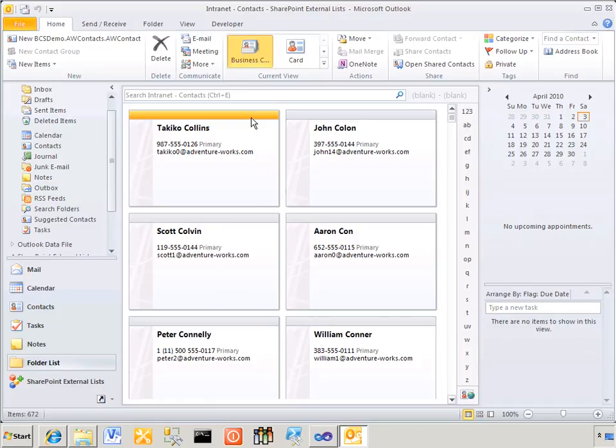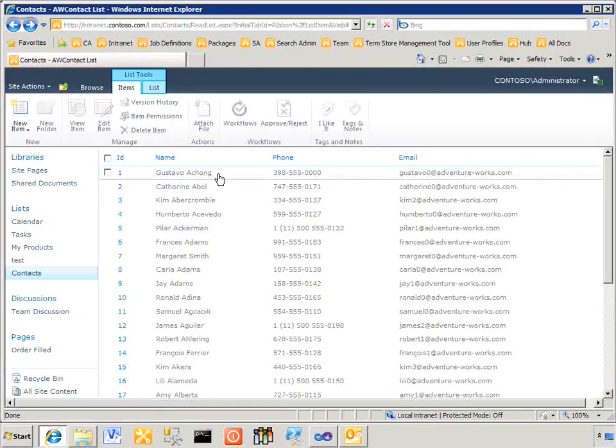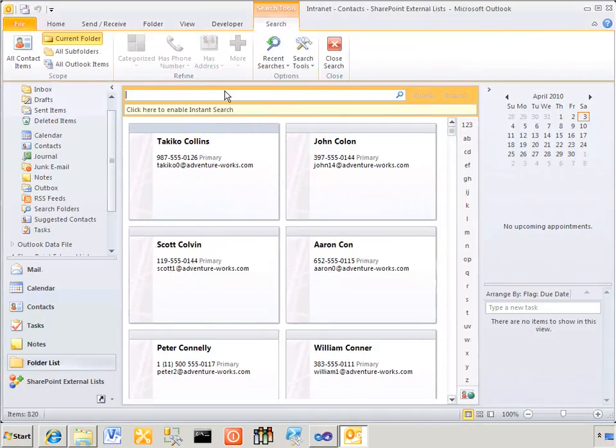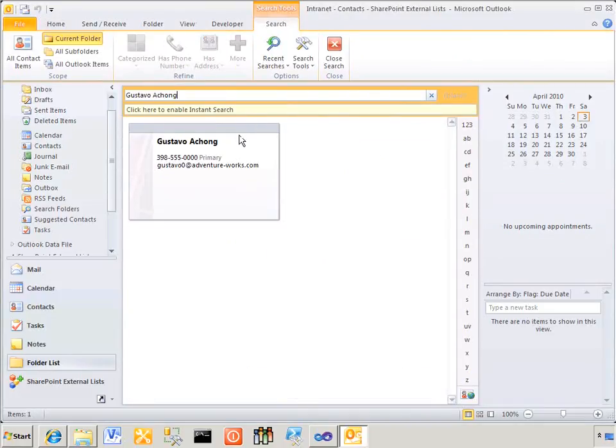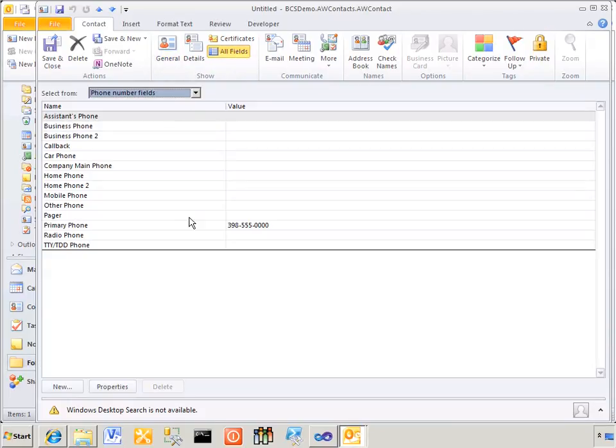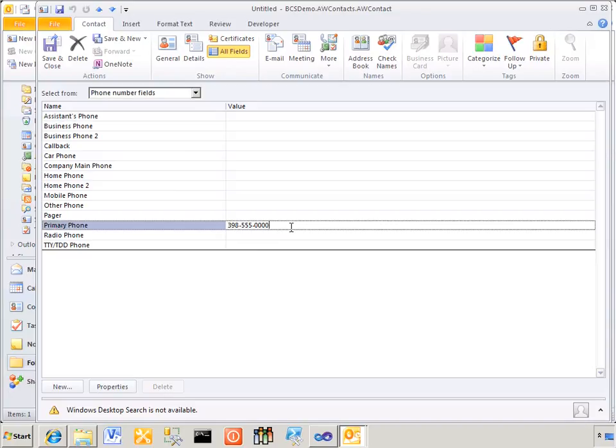as more and more items are being pulled down. We can also, if you go back over here, let's copy this guy here, and we'll search for him. Yeah, we don't have search installed yet, but we can find him. So here you can see I've got all the guy's information here. So his phone number is here, and we can change this. So we'll change this to 1111, and we can go ahead and save,